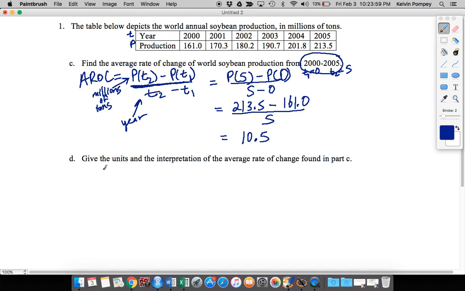So that 10.5 represents 10.5 million tons per year. And basically that's saying that between the year 2000 and 2005,